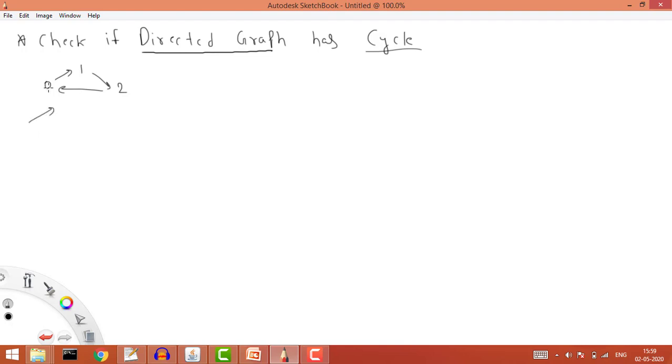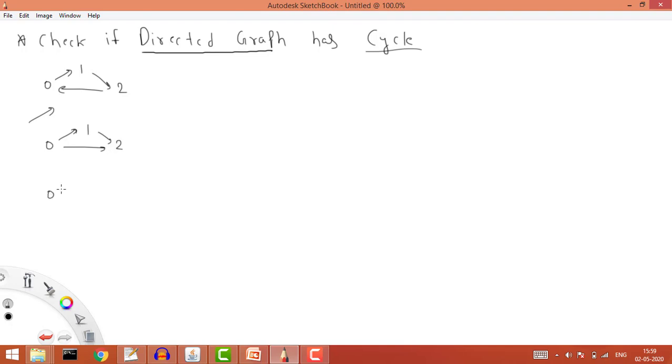We start from 0, and cycle means that if I start from a particular point and I reach that point again, then we have a cycle here. Like here, if I start from 0 to 1, then 1 to 2, then again 2 to 0, we have a path, so it means there is a cycle. Now let's say it has an edge from 0 to 2 instead. In this case there is no cycle, because from 0 to 1, 1 to 2, I cannot reach from 2 to 0. Similarly, if I start from 1, from 1 to 2 I can go, but I cannot go further, and from 2 I cannot go any further.